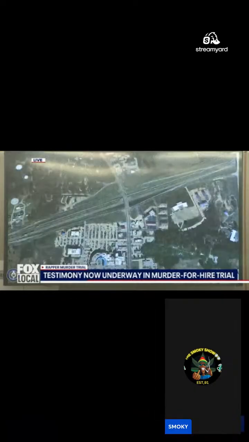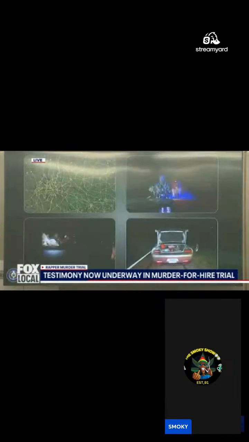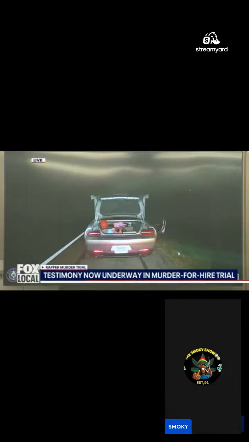And State's Exhibit 628, is this a closer view of Mount Pleasant? Yes, ma'am. And 629, is this a closer view of where you would have first seen that silver car speeding by? Yes, ma'am. I'm showing you what's been marked as State's Exhibit 632. Is this that silver car that you saw? That's correct. And you took these photos on the side of the highway that night, is that correct? That's correct.